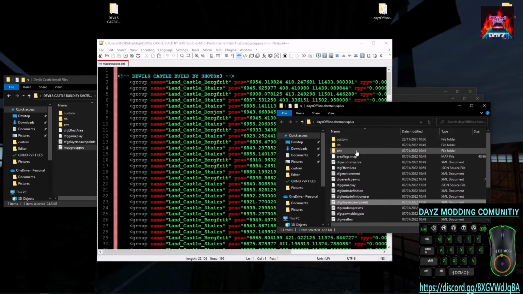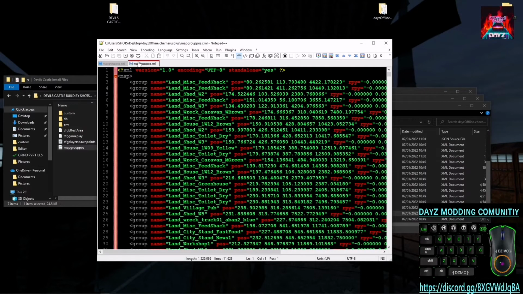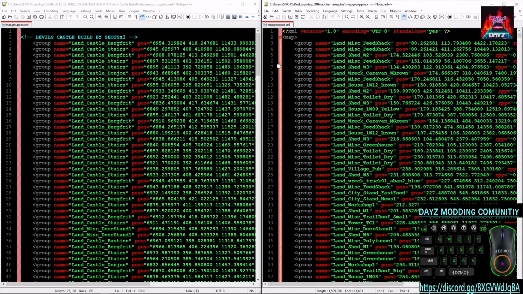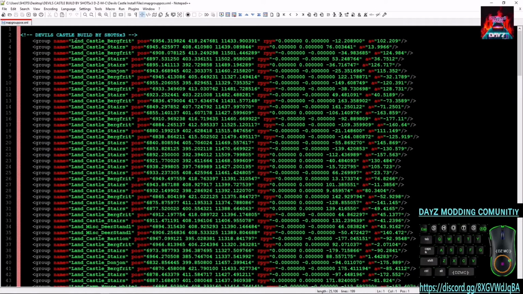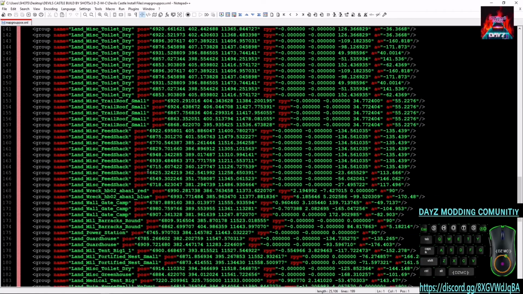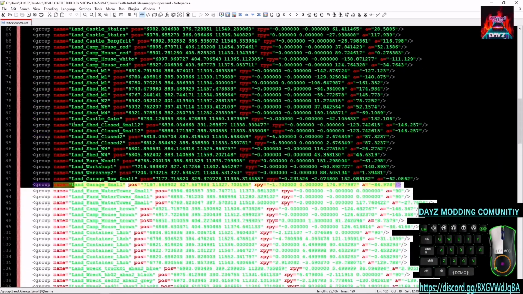You're then going to open up your map group pos inside Notepad++. Now I'm going to split these off again and just put them side by side. And what you want to do here, in fact I'm going to full screen this. As you can see here, these are all the loot positions for loot to spawn in Devil's Castle, in all the buildings that I've placed in. So what you're going to want to do is scroll all the way down to the bottom, go to the end, and highlight all the way up to the top,